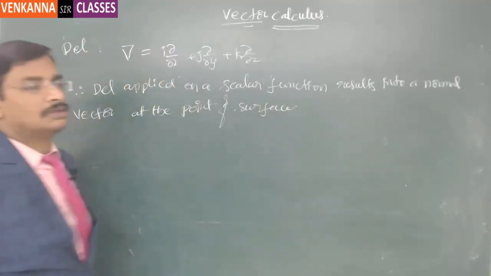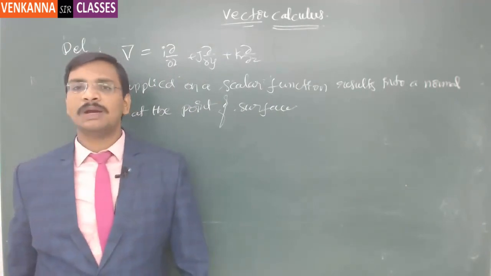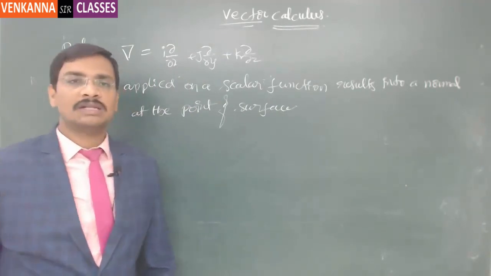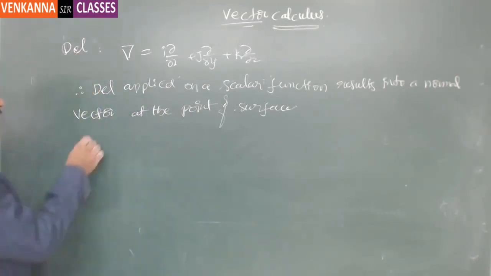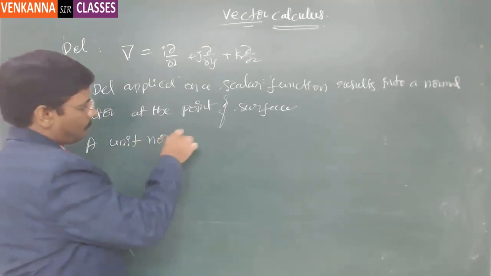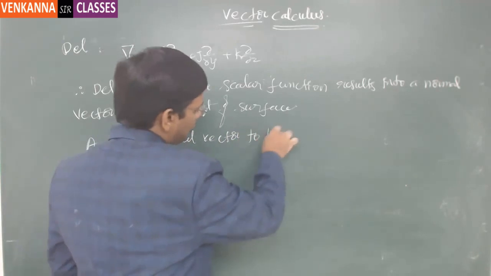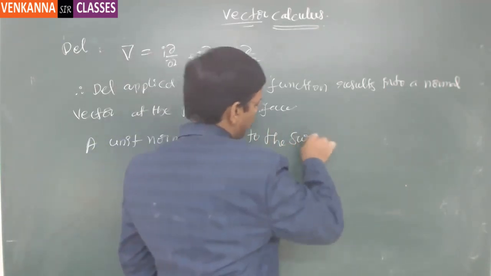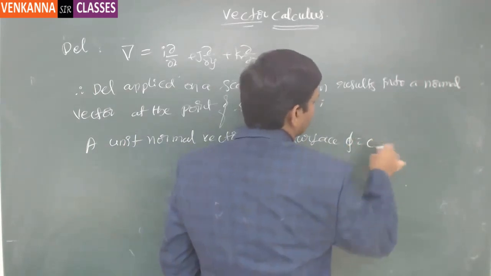Fine. So that means if you want to find out a normal vector to a surface, you can simply apply del on that, and the vector that results is a normal vector to the surface. If you want to find out a unit normal vector to the surface phi equal to constant,